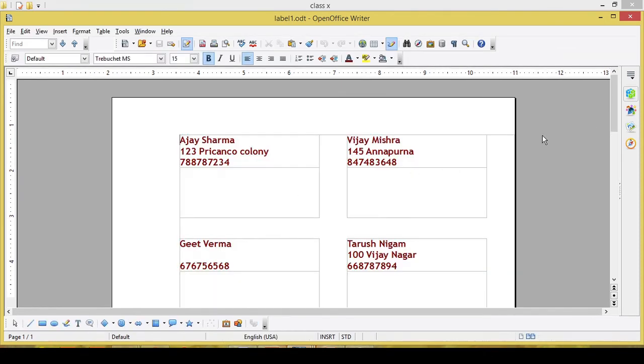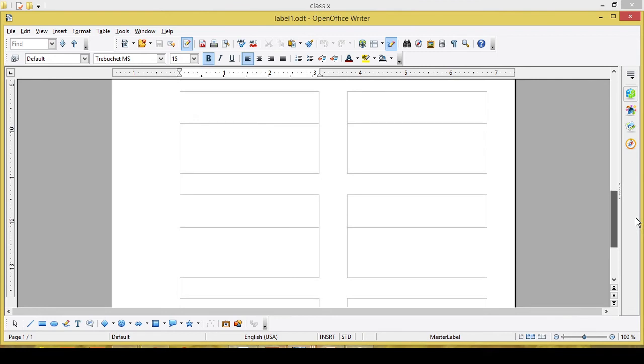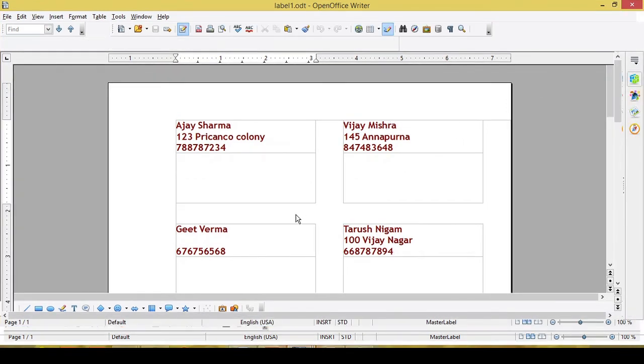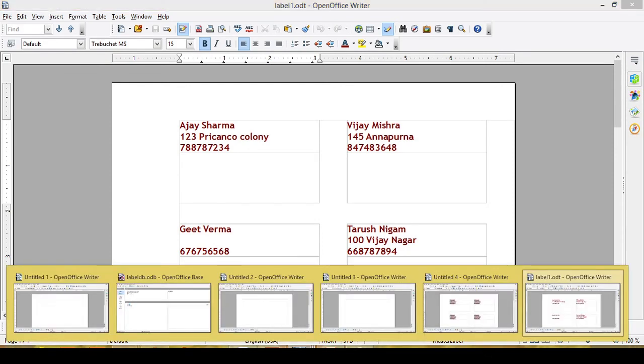Now as I told you, there were 6 records in my table. So 1, 2, 3, 4, 5, 6. All these 6 records are printed as labels in my Writer document. But now there's a problem: in my database, in my table, I have left a few fields empty.